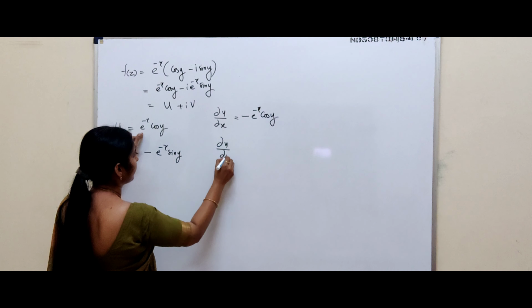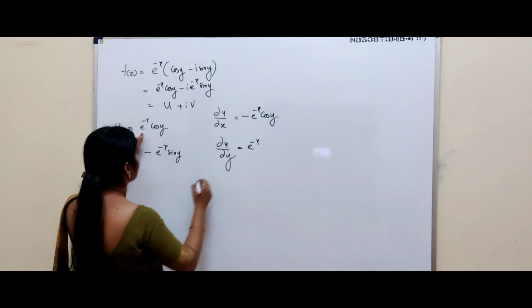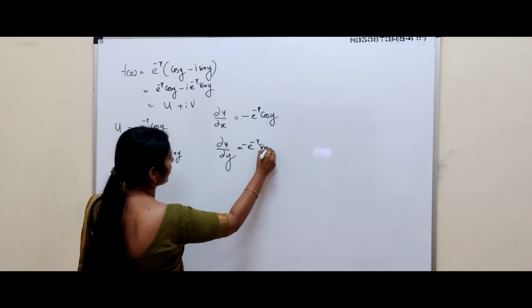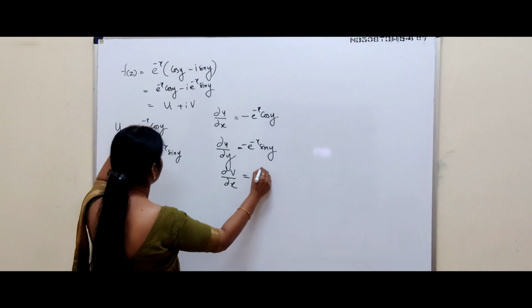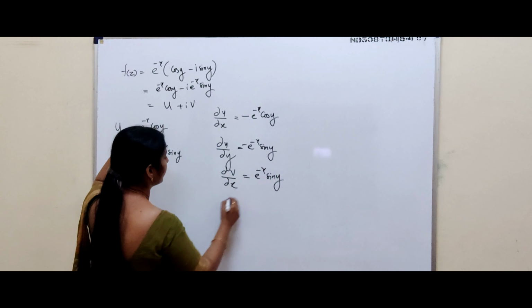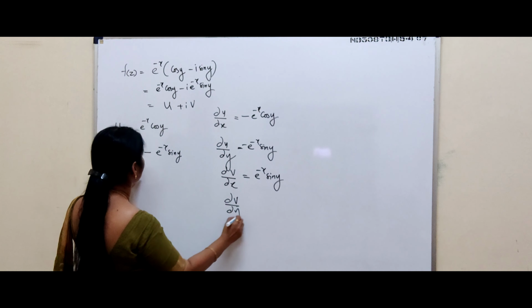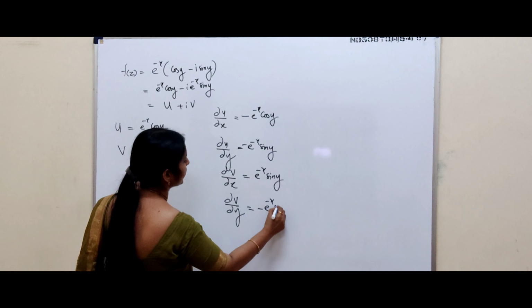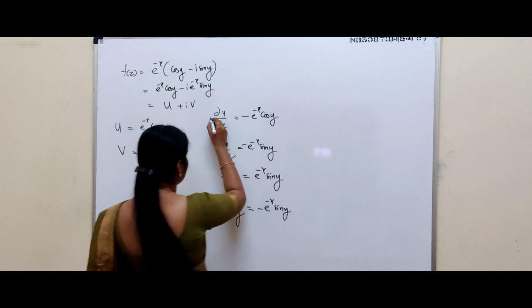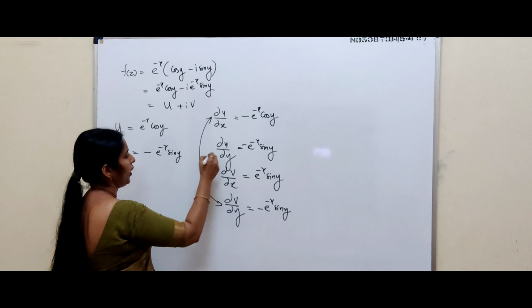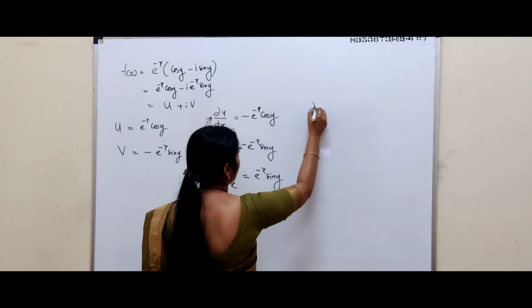∂u/∂y: e raised to minus x into derivative of cos y, which is minus sin y. ∂v/∂x is e raised to minus x sin y. ∂v/∂y is minus e raised to minus x sin y. Next you check whether these two are equal, and these two are. So ∂u/∂x is